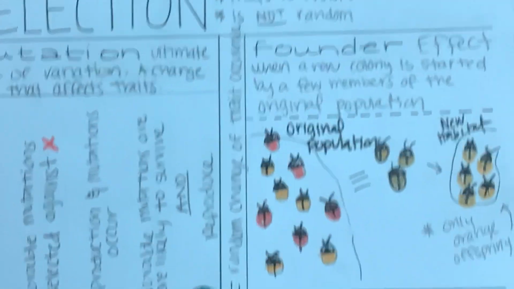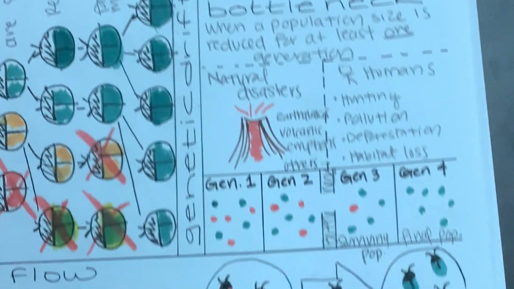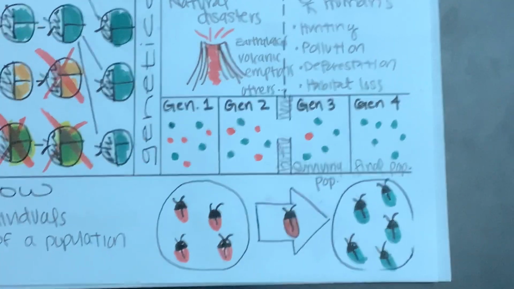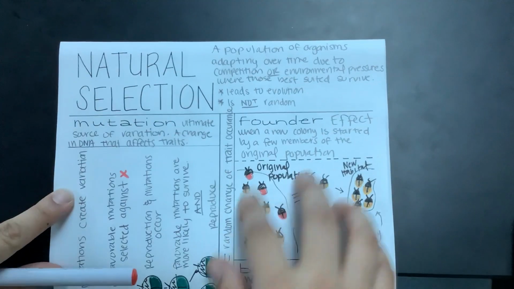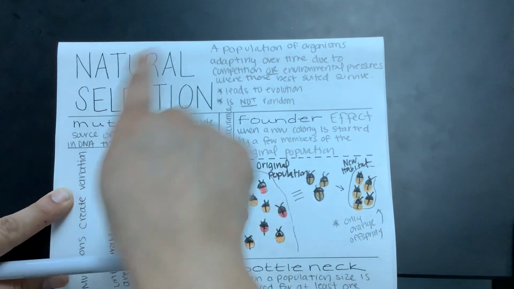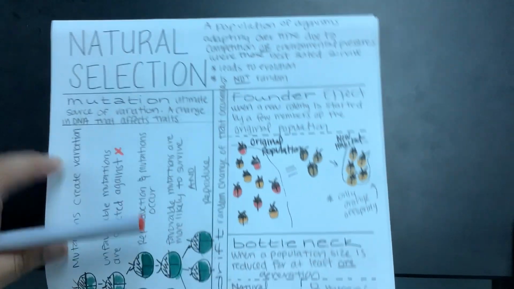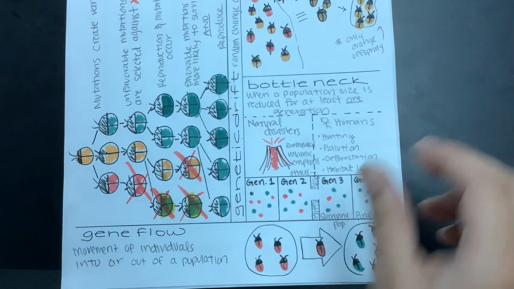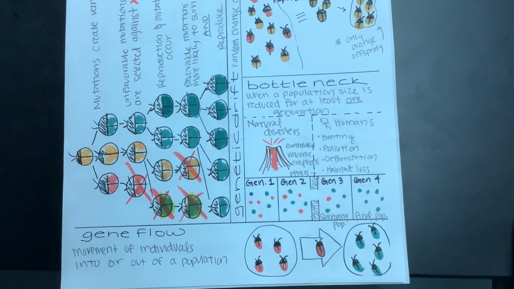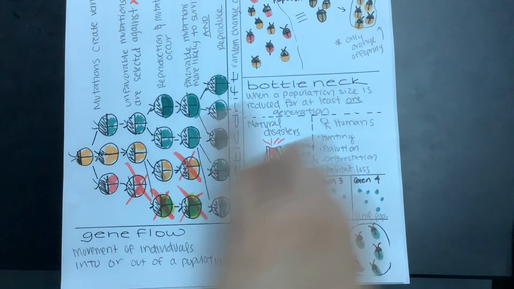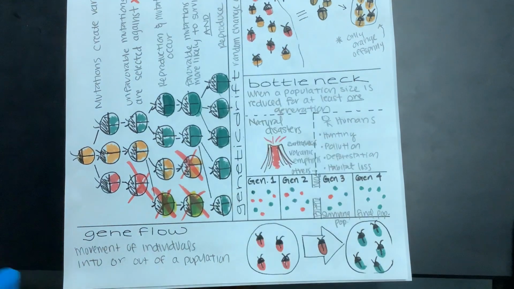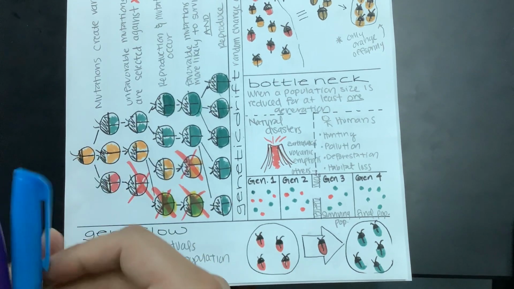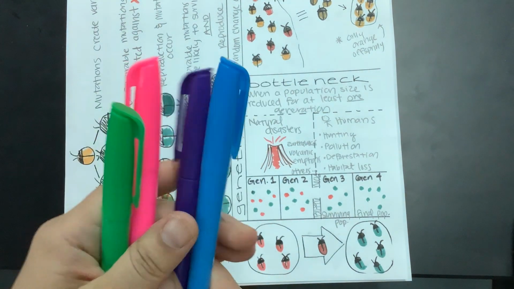So all of these things can be tied back to natural selection, but the idea is that these parts are the random parts of evolution, whereas natural selection, that process in itself, is not random, okay? So I hope this made sense. I would like for you guys to go back with a highlighter and make sure you highlight all of these key ideas that we talked about today. I like to use different colors for each, so that's what I'm going to do.